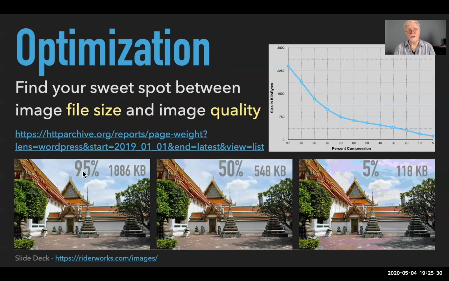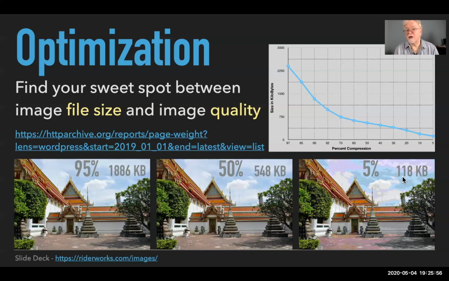And so just to let you know what I did here, I took the image again. I changed the WordPress quality setting to 95 just to push it, to see what it would do. And it made almost a 1900 kilobyte image. It's very large. I also did the WordPress compression at 50%, about halfway down the scale, and that was about 500 kilobytes. And just for grins, I stuck it at 5% quality and it came out